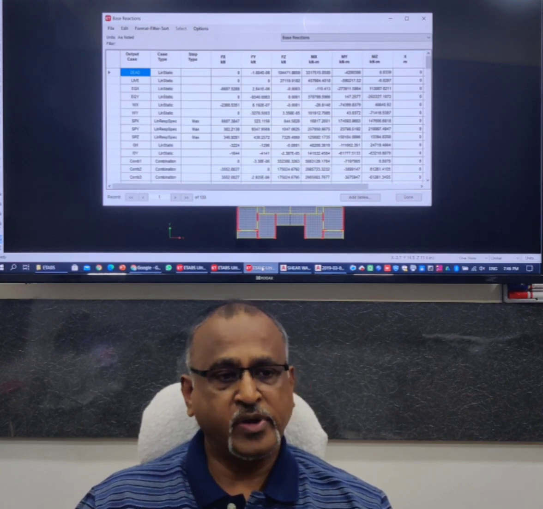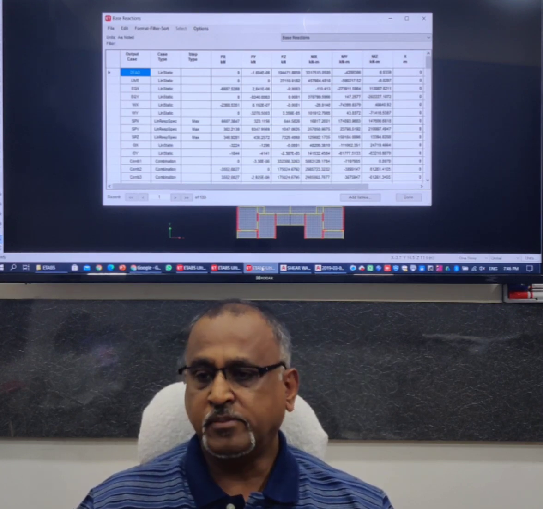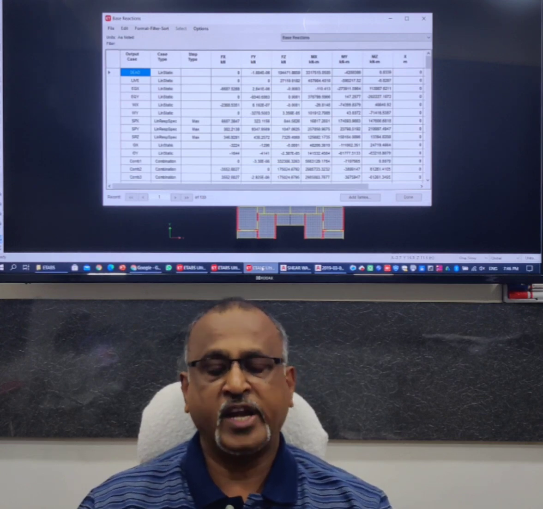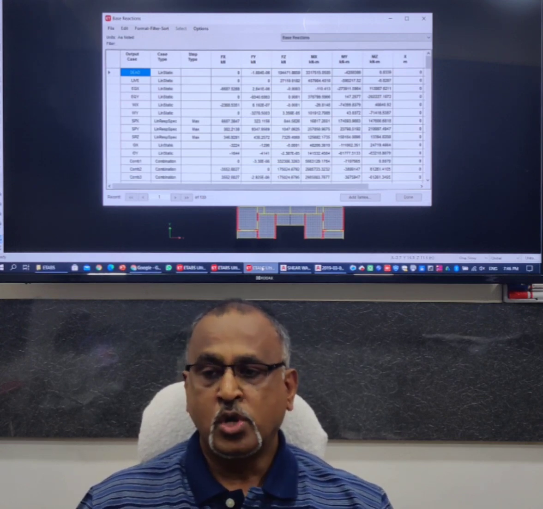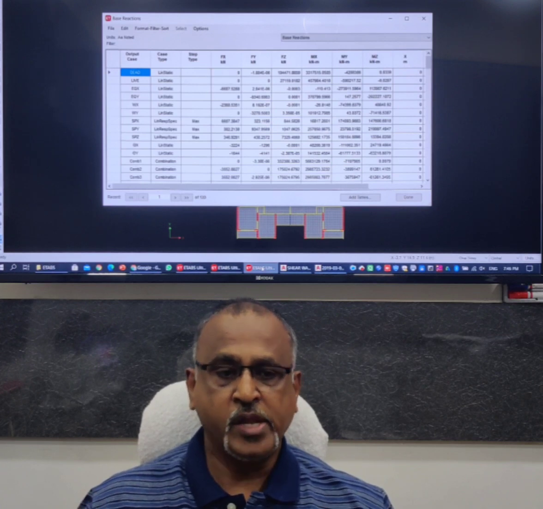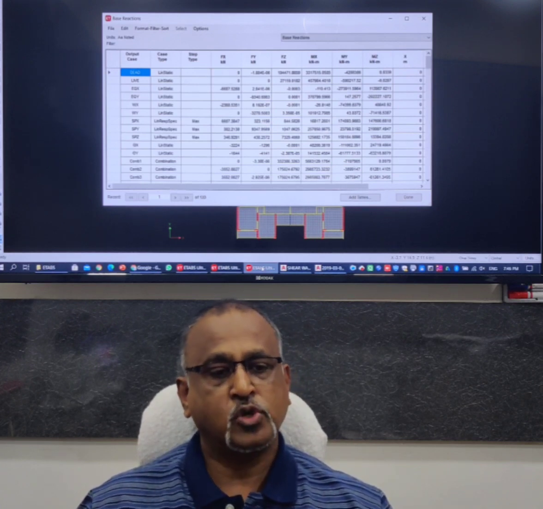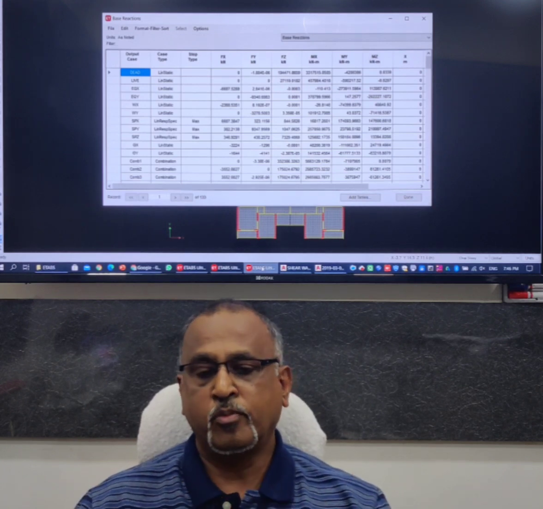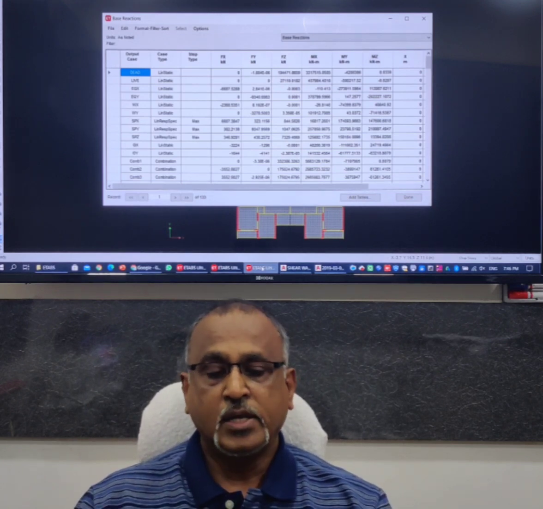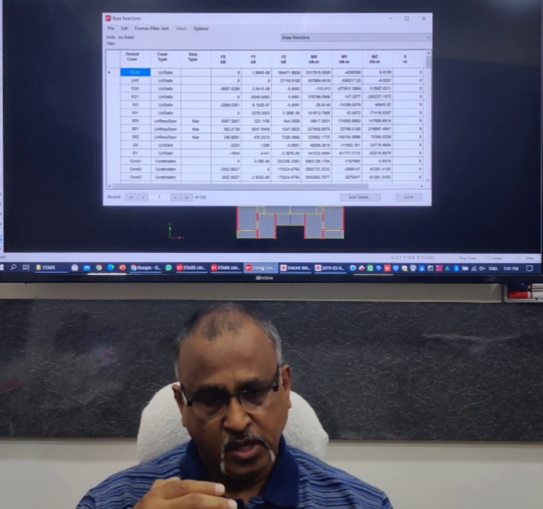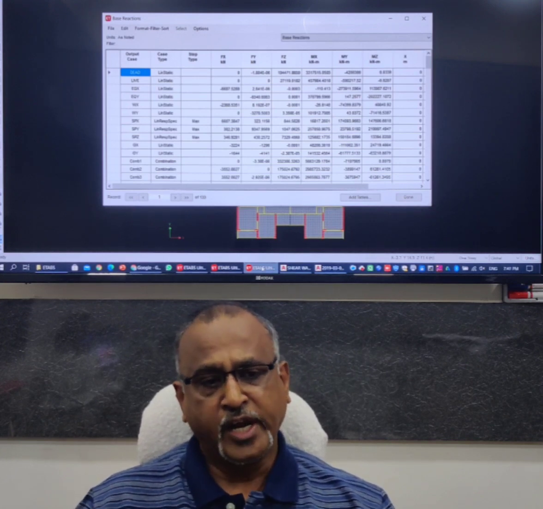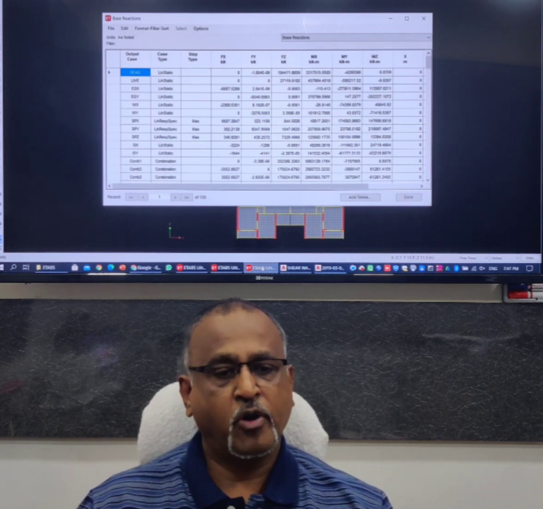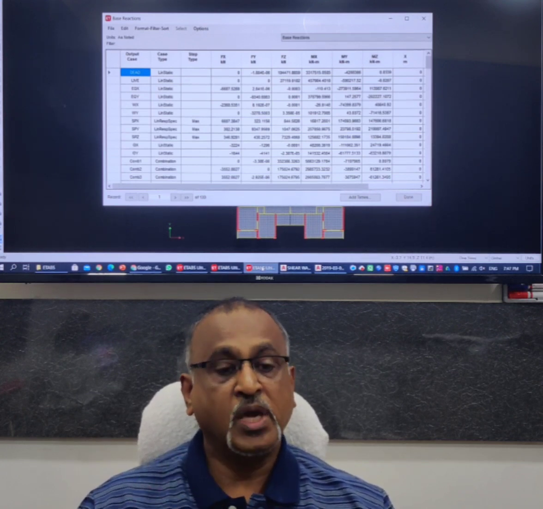So while doing all this, of course it is very important that you should keep an eye on the cost. Otherwise sometimes people go on adding material, saying the building was in torsion and it was not coming out of torsion, and so we have to increase the thicknesses of walls and we have to put more concrete and more material. So ideally that is not the right way. The structure needs to be optimum, and at the same time the behavior, the performance of the structure should be very precise.